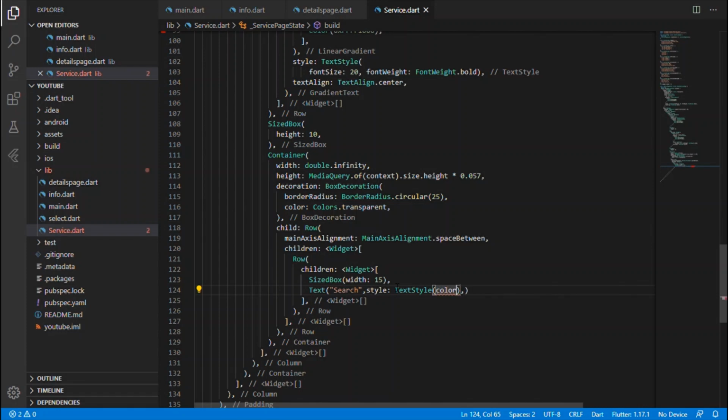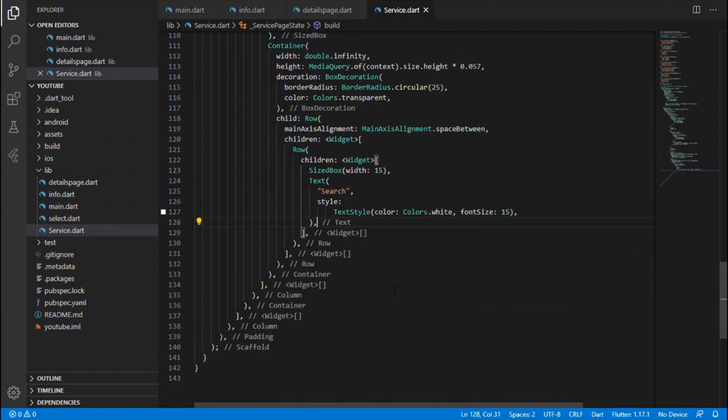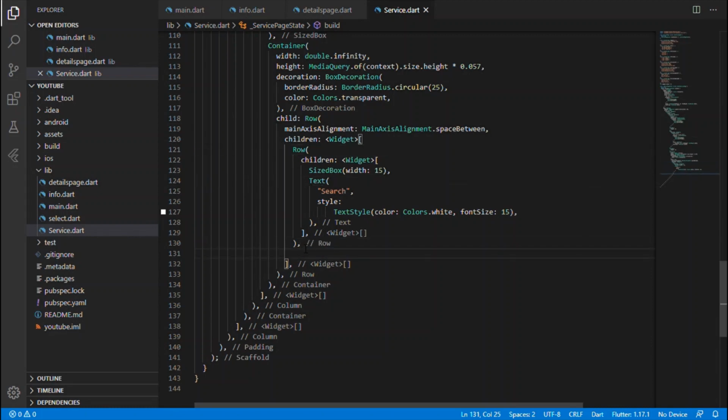I'll be setting the color as colors.white, followed by the font size as something like 15. Okay, alright, just format it. Now we have just specified the first child, and now let us just get rid of this row for now,